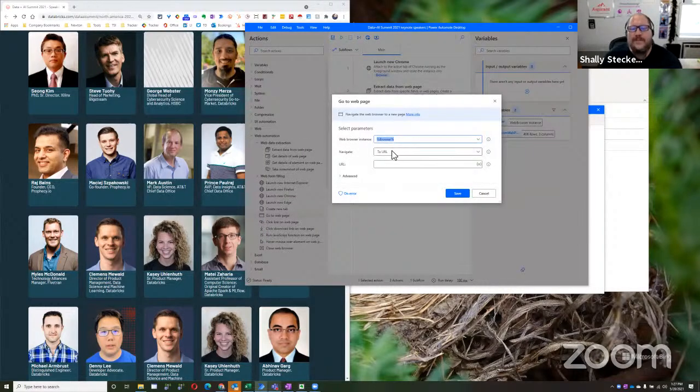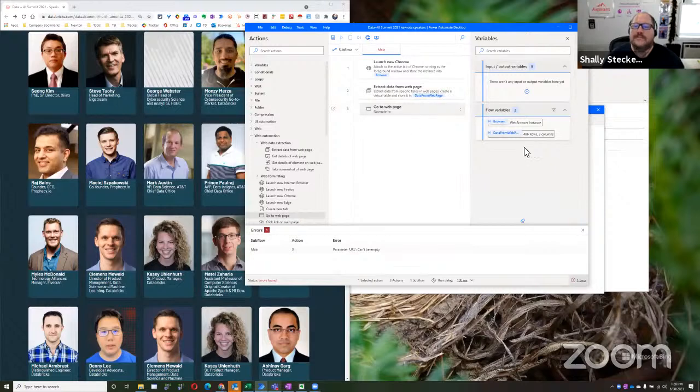I want to go to the web page that is the URL that is the first thing on that list. So we're going to have to set a variable that is going to select from this list the next one, right? So I guess we need to do a variable